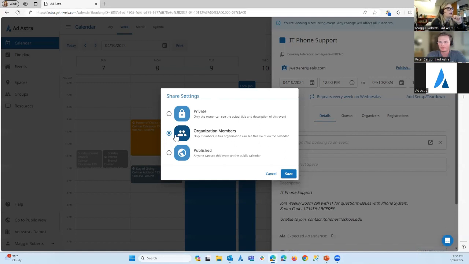There are a couple things here that I want to point out. One, everything defaults when you come in and create it to organization members, right? This is a Joe Schmo event. Faculty and staff can see it. Maybe students who can log in can see it, but we don't necessarily want it on the public facing calendar. If you want something on the public facing calendar, that's where you can use this published option, and that will send it to a public facing calendar, which I'm going to show you guys what that looks like